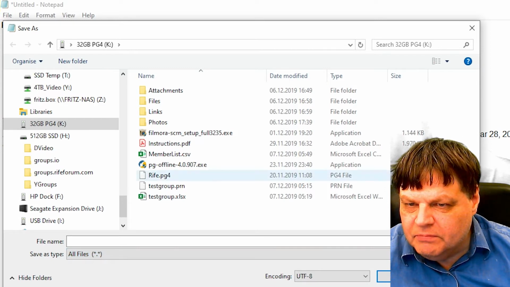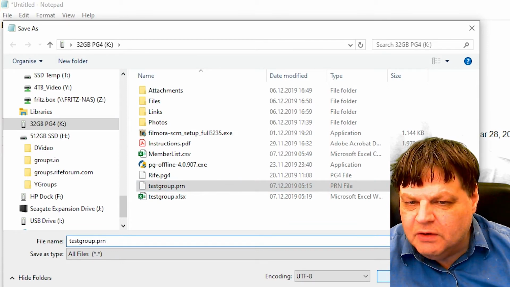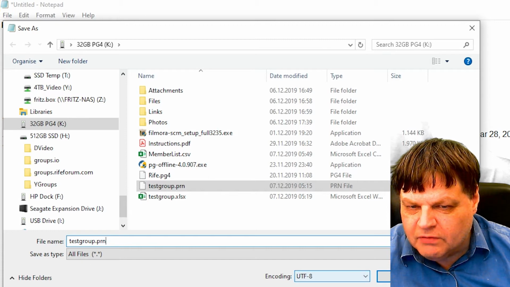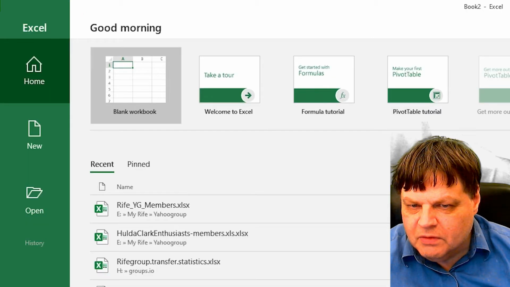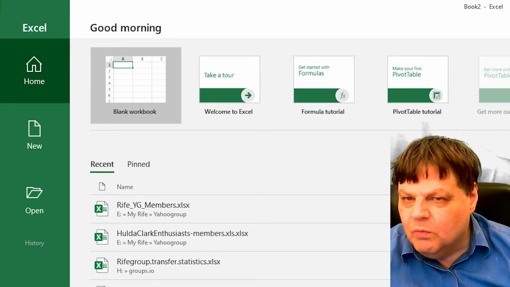And then we're going to call this testgroup.prn. So the name of your group plus .prn, and then you save it in encoding UTF-8. You save the file onto your computer. So now we've done that. What you now want to do